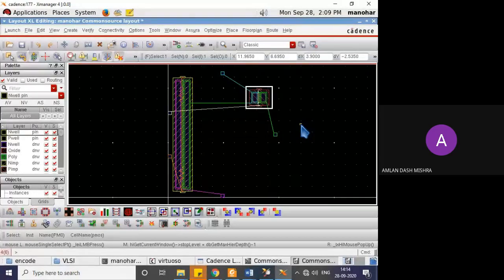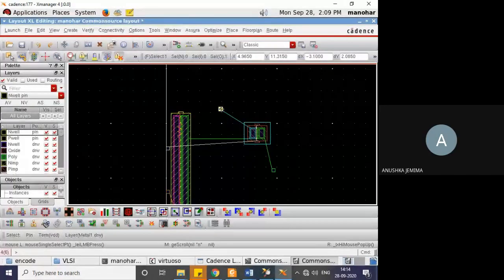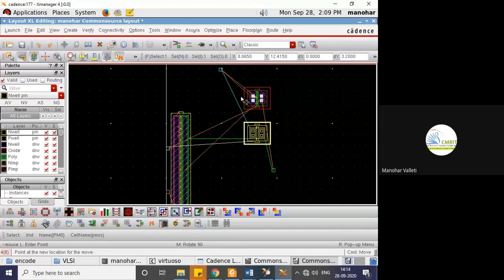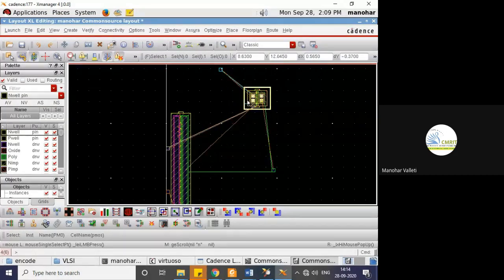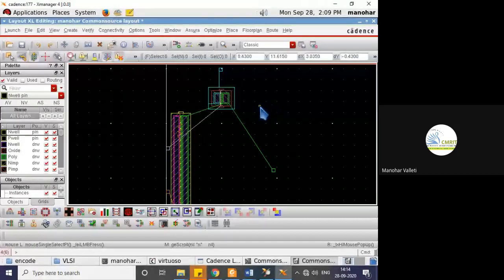You can only move through the dot. I'm trying to pull like this, but you see it is moving either horizontally or vertically. So you can move your components either horizontally or vertically at a time. You cannot move diagonally.